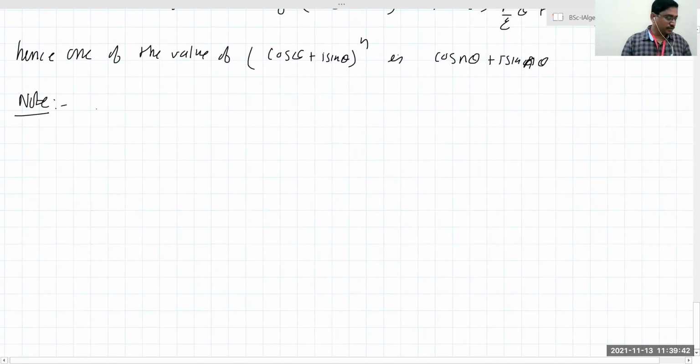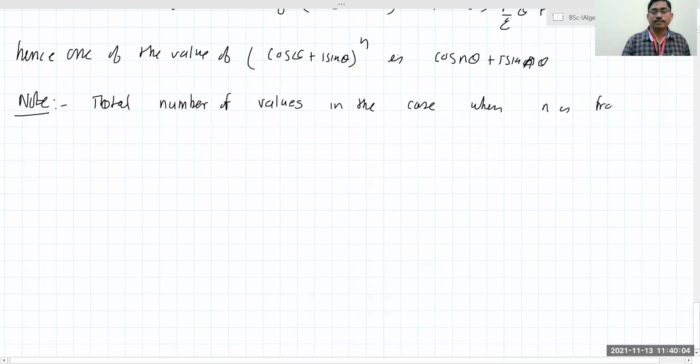Note on this: the total number of values in the case when n is fractional, when n is a fraction in the lowest term, that means clearing denominator and numerator, right? The lowest term, positive or negative,